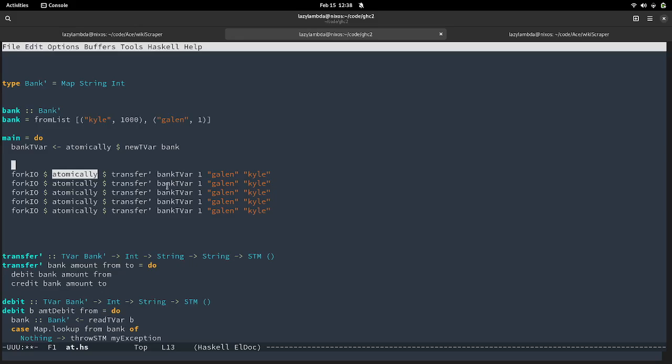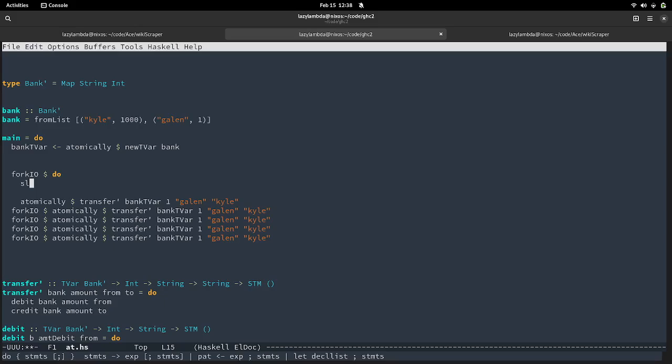But let's say each of those forkIOs is running atomically. Let's say the transfer function does a hell of a lot of computations in the background before it even touches the actual TVar. Would that mean that each of those forks could do all of that other stuff first, and then effectively just touch the TVar, touch the TVar, touch the TVar, touch the TVar, effectively making it all still very parallel, but never coming out of sequence when they're actually touching that TVar? Or does the atomically force it effectively to become sequential for the whole thing?